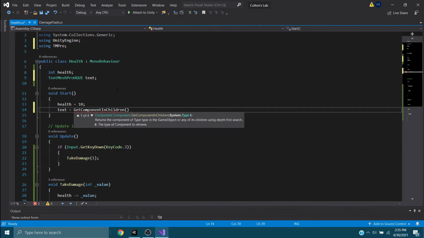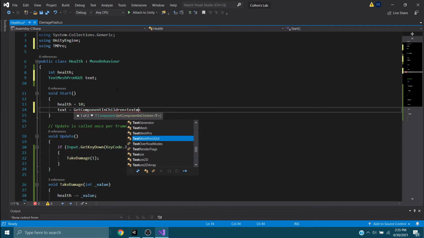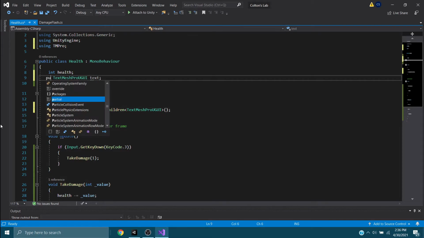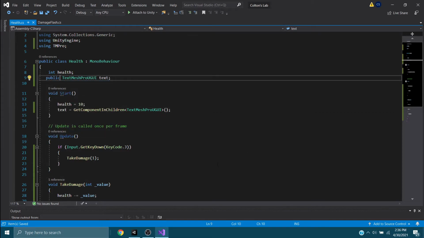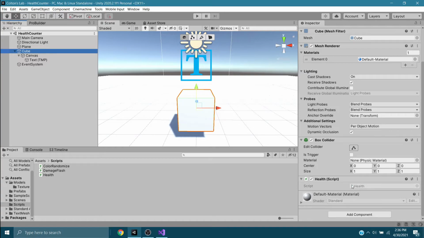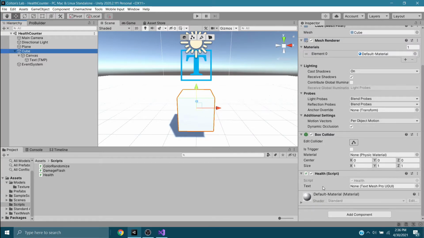And then, let me see. There we go. Get component in children, TextMeshPro UGUI. And this should be able to grab it. If not, there's another way you could do this, and all you have to do is set this to public and save it. Once you go back, you'll see the health has a new variable exposed, which is your text,